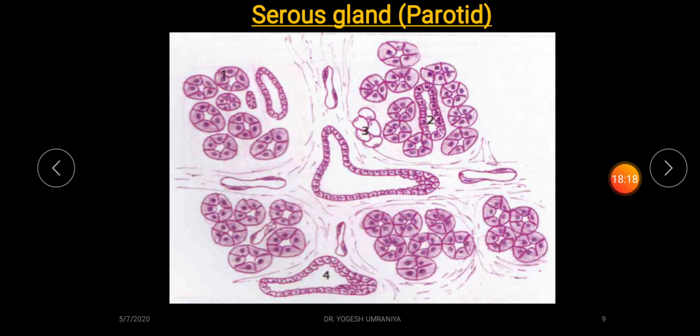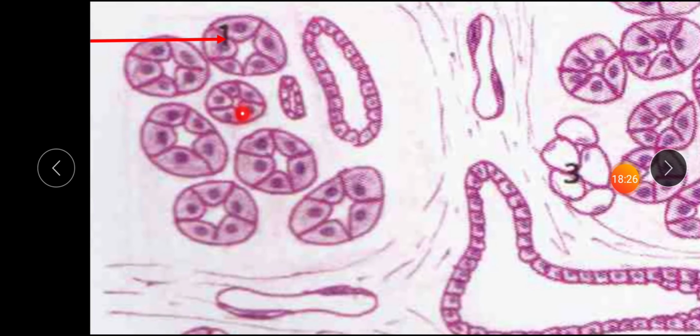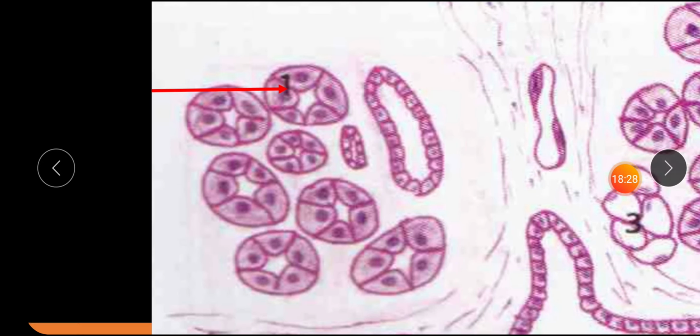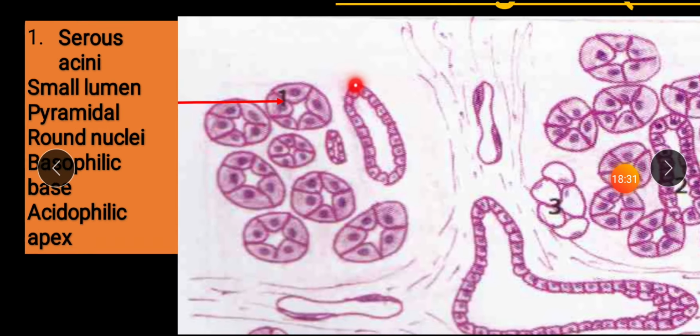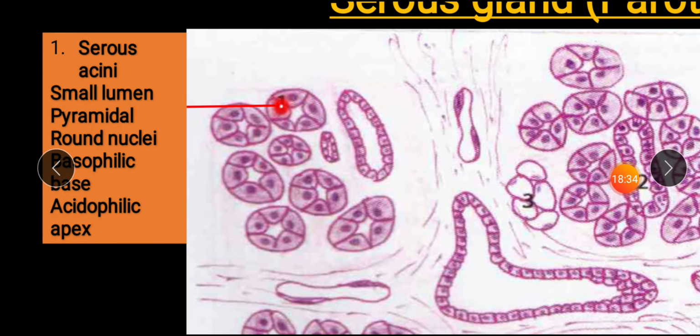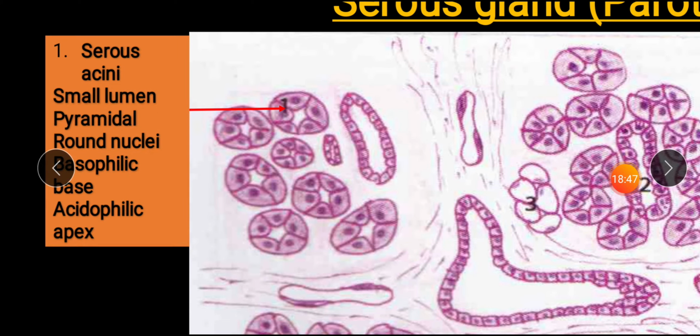So in this schematic diagram of the HE preparation of the serous gland, the first structure you can see is known as the serous acini. This serous acini is going to stain darker as compared to the mucous acini. As well, if you notice the cells forming this acini, the shape of the cell is pyramidal, having a small lumen and round nuclei, and the